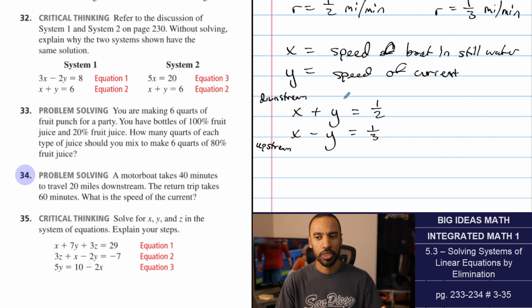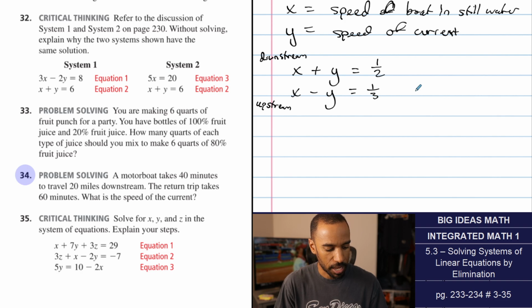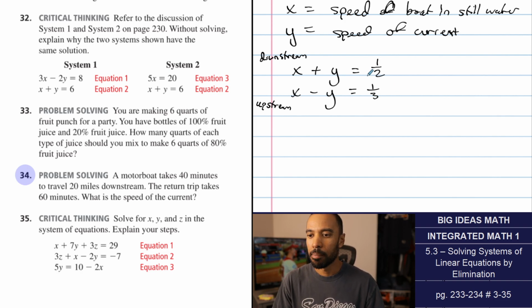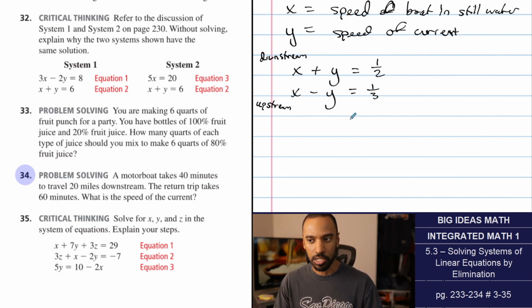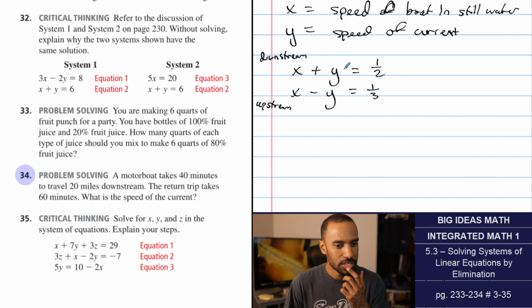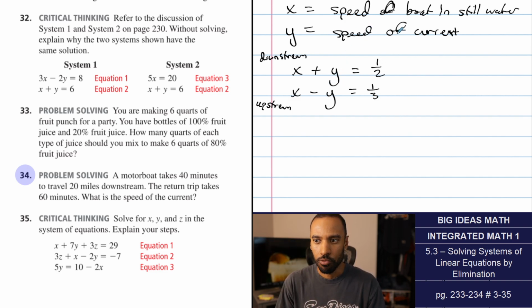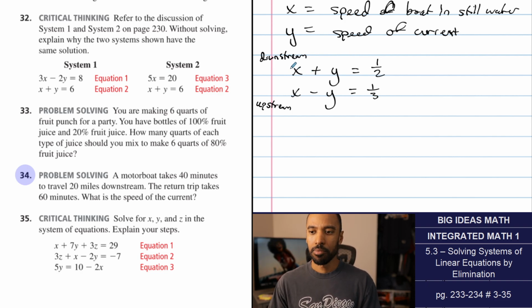So that was a lot of thought to get to that stage, but now we can use, say, elimination. Oh, I'm getting a scam call. It's on silent. So there it is, and I could use elimination here now. Personally, I prefer to not deal with fractions here. They said, what's the speed of the current? So if I want to solve for y, I'd rather eliminate x without needing to solve for both. You know what? Let's solve for both. Let's still do it. I am going to multiply everything by 6